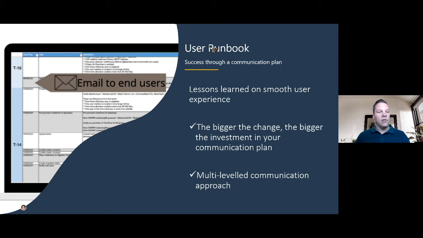We can do communication based on, as you can see per the image here, things like T-minus 16 weeks to completion of migration. We can start sending out to specific AD groups the type of communication plan based on that. But as part of that, we also build in these pre-migration considerations. And what is that? Well, things like